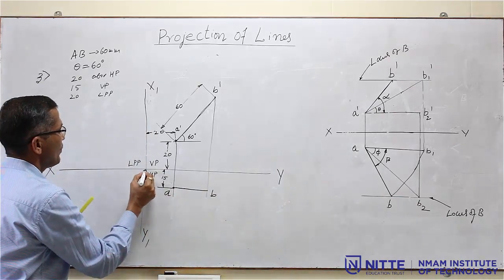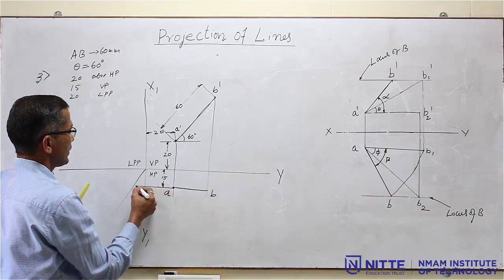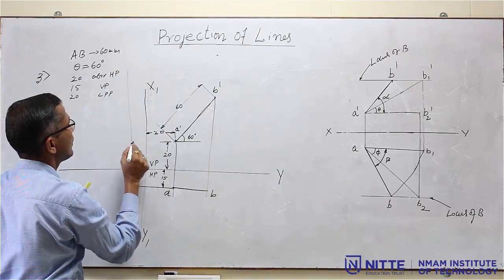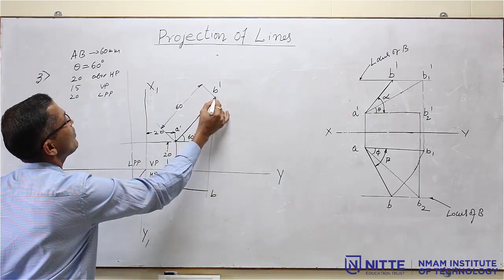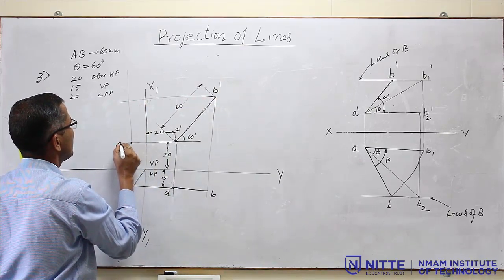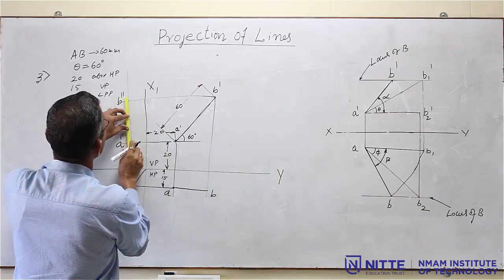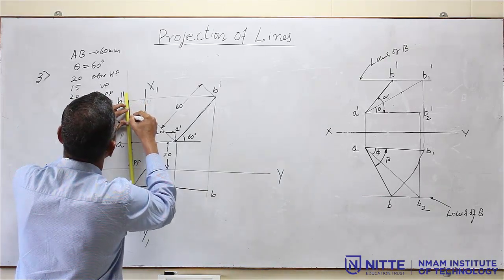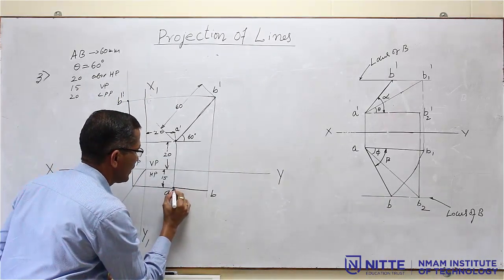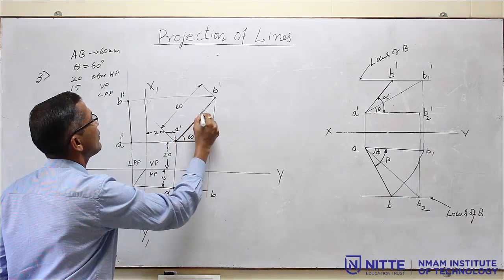Now, you have to draw the profile view. So, the usual procedure: draw the 45 degree line, project the top view, then move towards the front view, project the front view. So, you are going to get the points A double dash and B double dash, join them by a dark line. Like this. So, this is the profile view, this is the top view, AB is the top view and this is the front view.